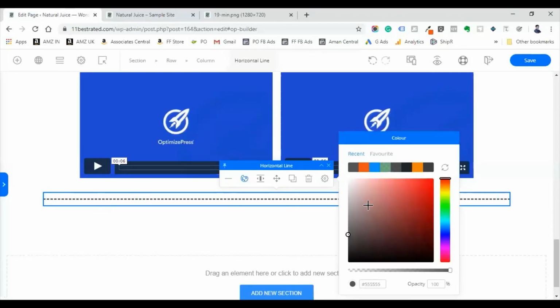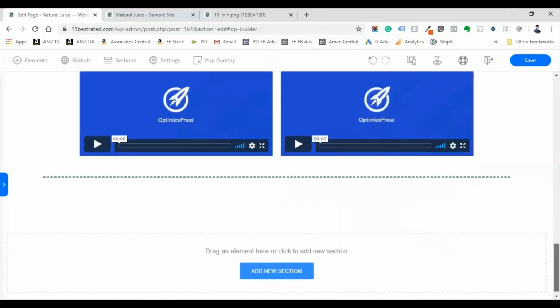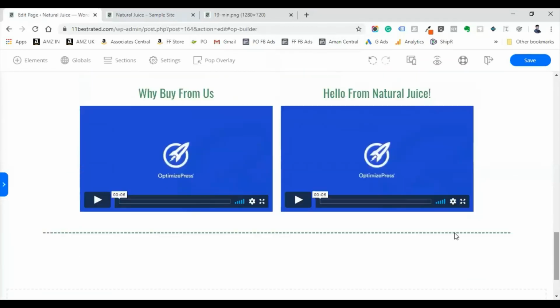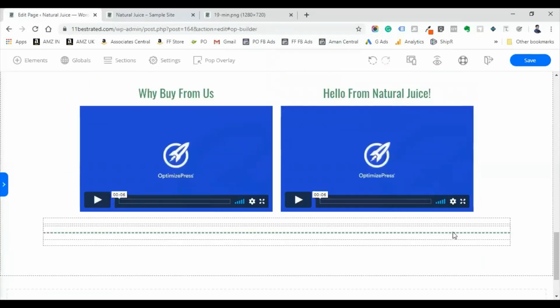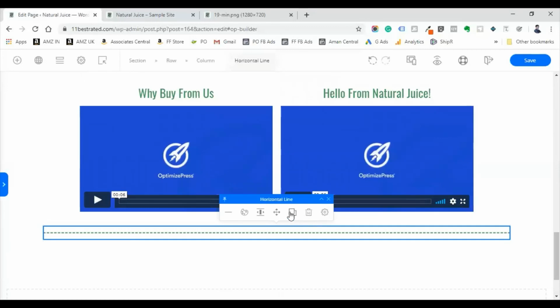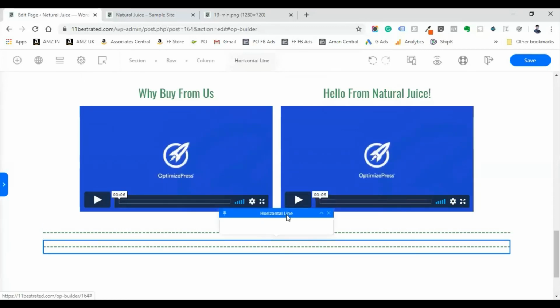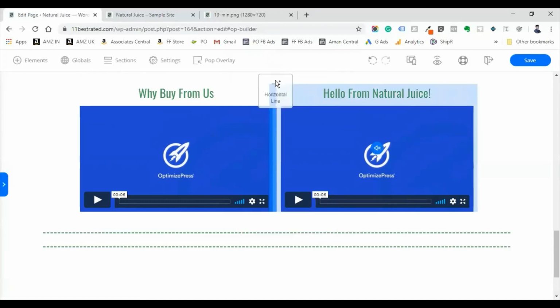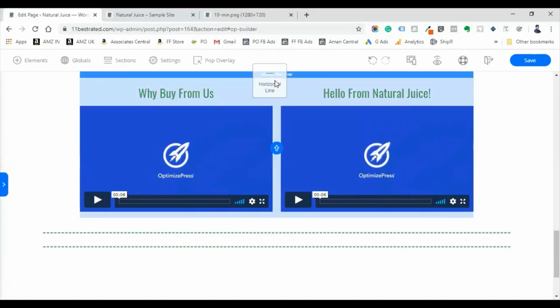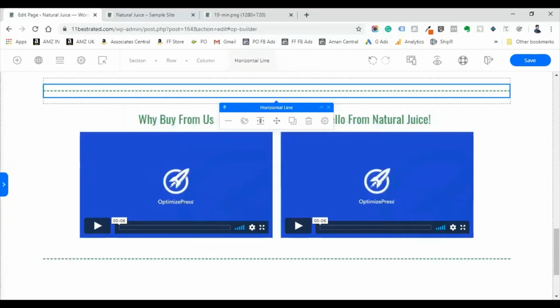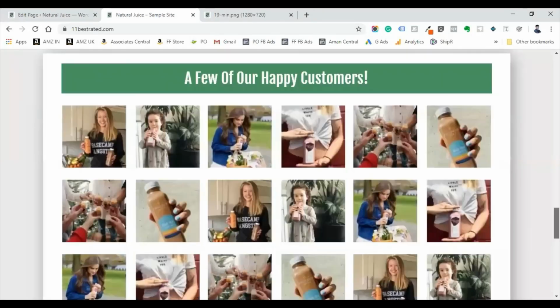You can change those colors. We are going to use that green color here, and you can also place that horizontal line, duplicate, drag and put it on top of this. You can use horizontal template.